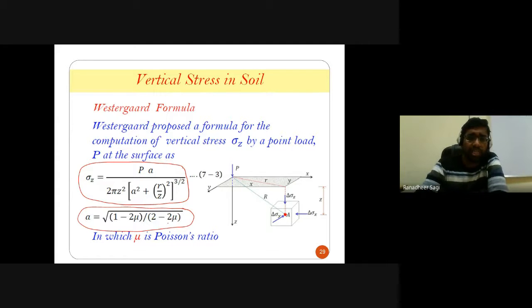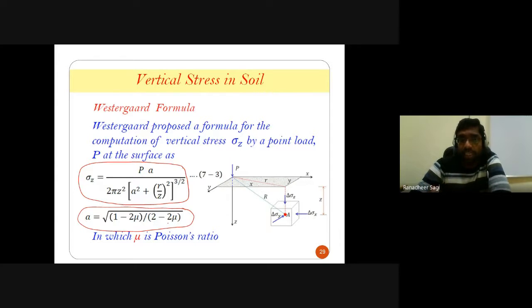Okay, based on this particular expression, we can go on to calculate how much vertical stress is getting developed in the soil. Here, what data will we require? At what depth the point where you are calculating the vertical stress exists, that depth from the ground should be known. What is the radial distance from the axis of the loading at which the point you have chosen exists? So that small r value should be known, the Z value should be known,